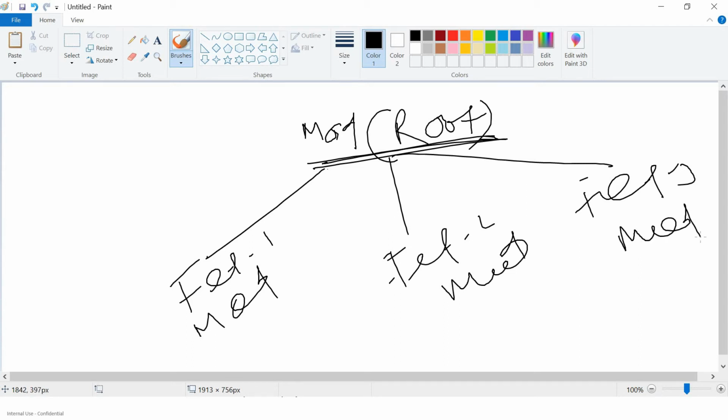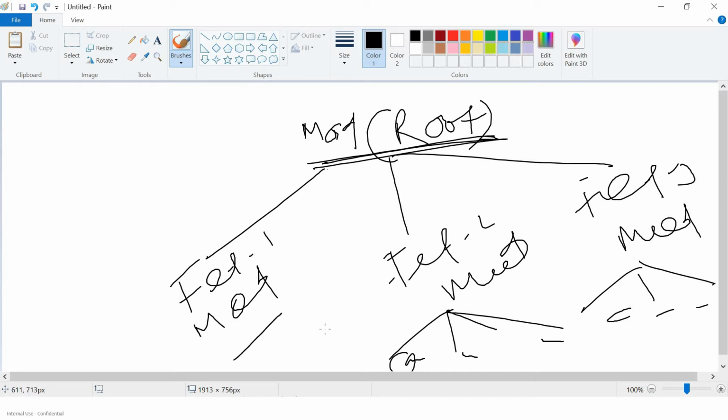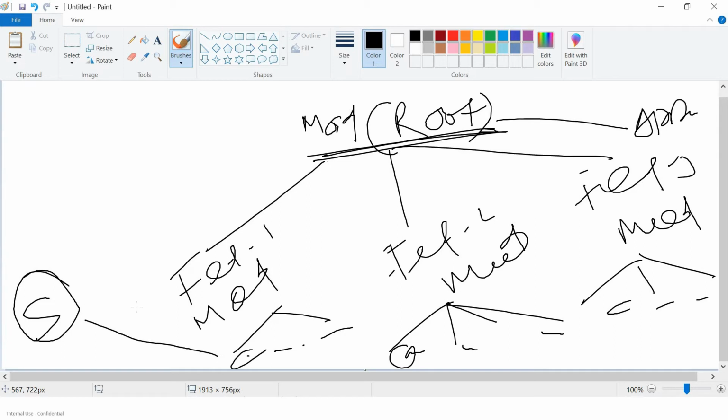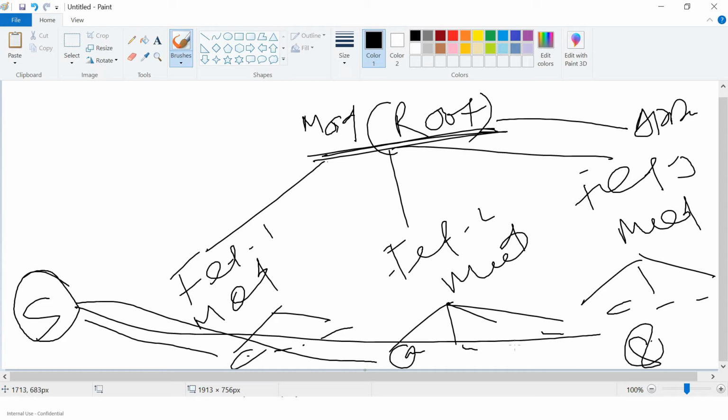Again, these modules have their own components: component 1, component 2, component 3, and so on, and n number of components. And here we have one app component connected. Now for this component one, we have a service. Now we'll create a service. This particular service can be integrated with this component, and also with this component. Again, some other service can be integrated with this component. So it can be like this.